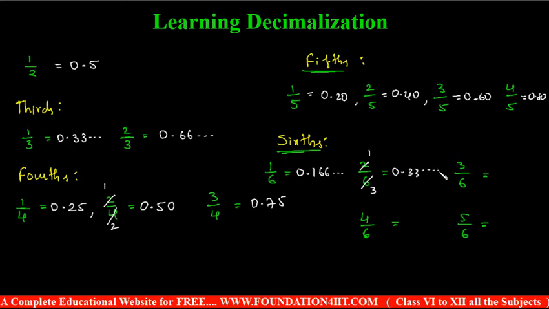That is 0.33 and so on. And 3 by 6 also, 3 ones are 3, 3 twos are 6, so 1 by 2, so 0.5 it is. And 4 by 6 is 2 by 3, same, so 2 by 3 value is 0.66 and so on. Only 5 by 6 extra you need to remember, 0.833 and so on. Only 1 by 6 and 5 by 6 extra you need to remember. Remaining all are from the previous. And let's have 7th, 8th and 9th also after this.